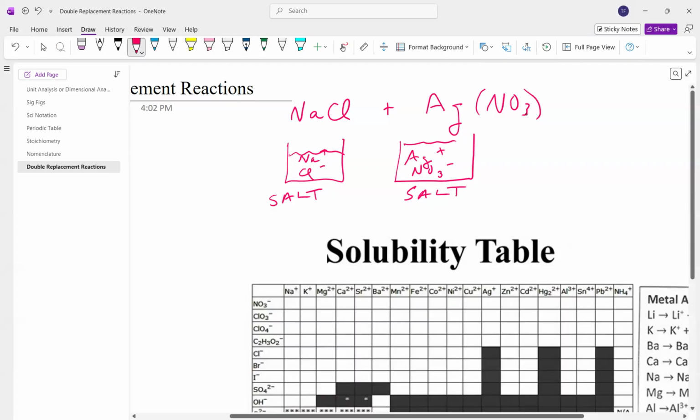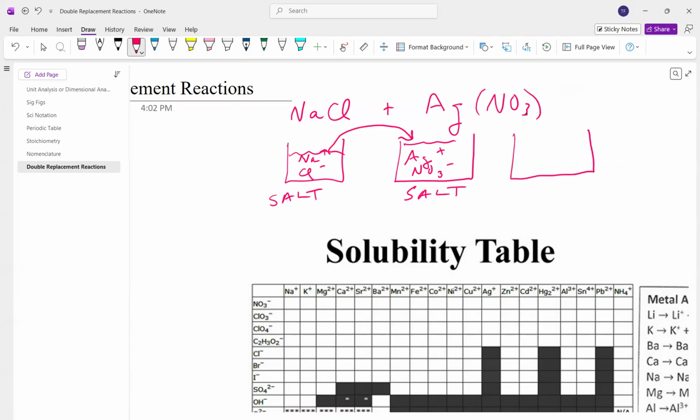Now, single replacement, there's one salt and one metal. So that's the difference between the two. Salt, salt, double replacement. Salt, metal, single replacement. And that's tomorrow. Okay, so we're going to pour these together. Now, the sodium chloride in the beaker, nothing's happening. It's just clear. Same with the silver nitrate. When we put them together, though,